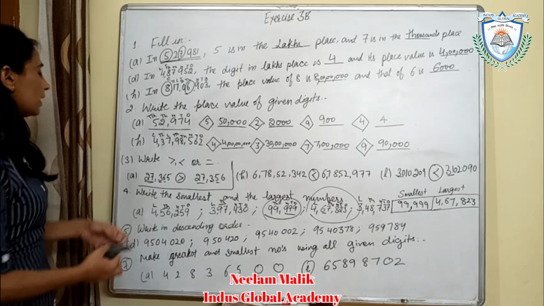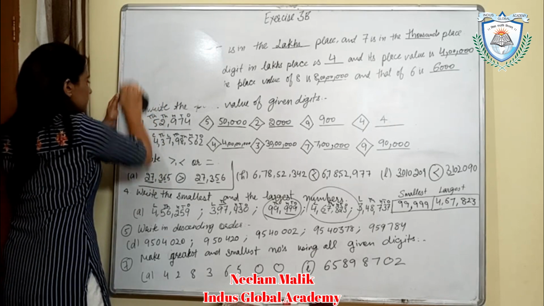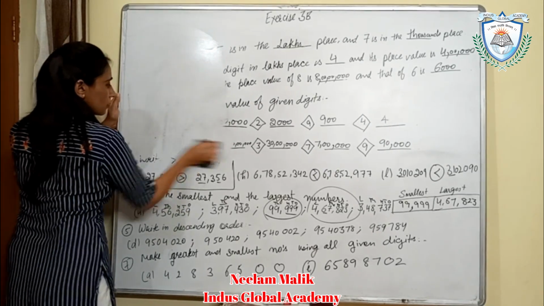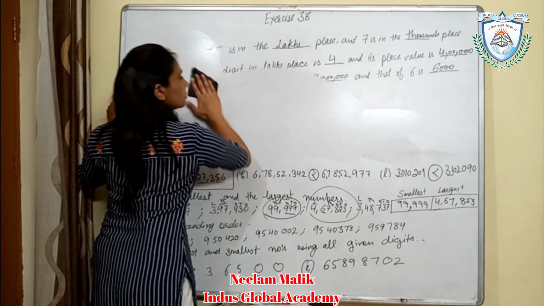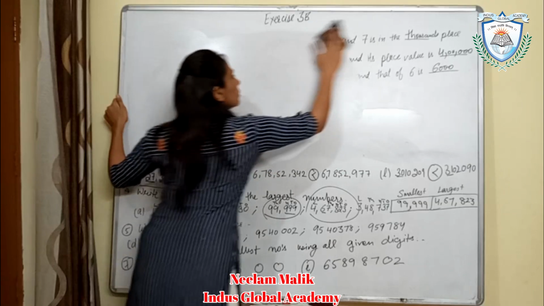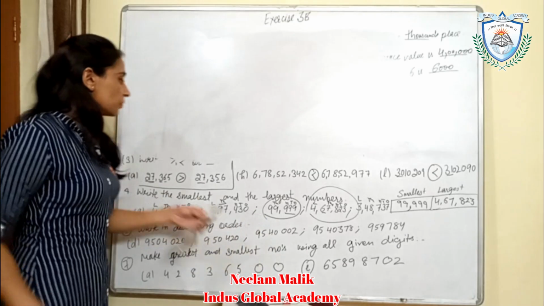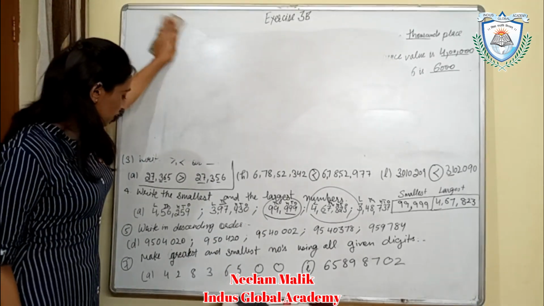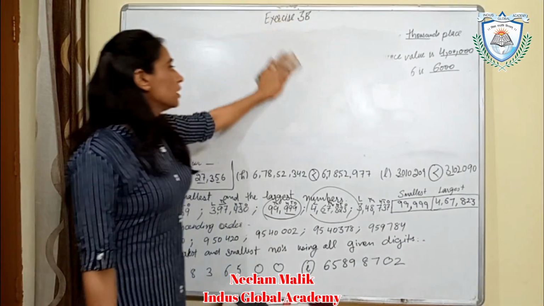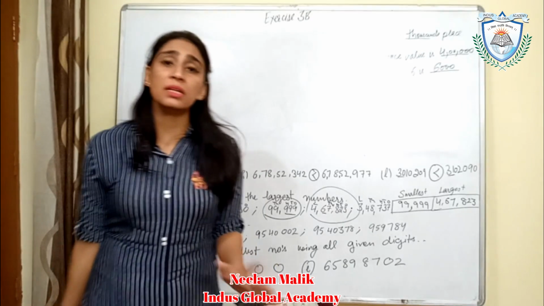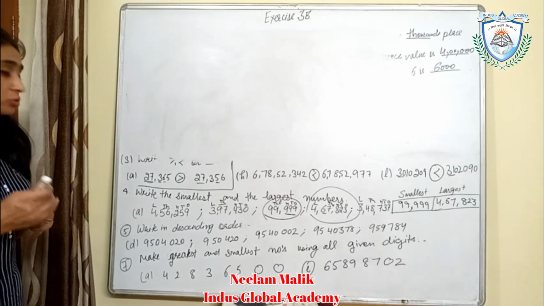Now question number 5. Write in the ascending order. I am rubbing this now. Okay, we will do it at the top. So in question number 5, write in the ascending order. We have to write the given numbers in the ascending order. And in question number 6, we also have to write the numbers in the ascending order. So I will do only one part from these 2 questions. The remaining you will do on your own.